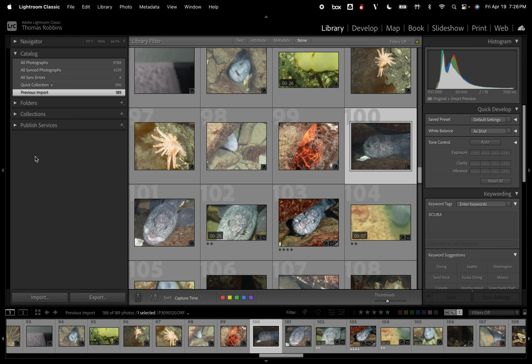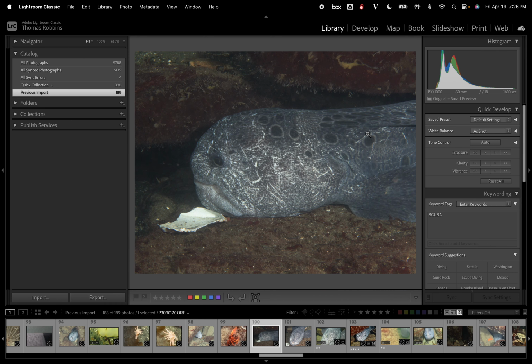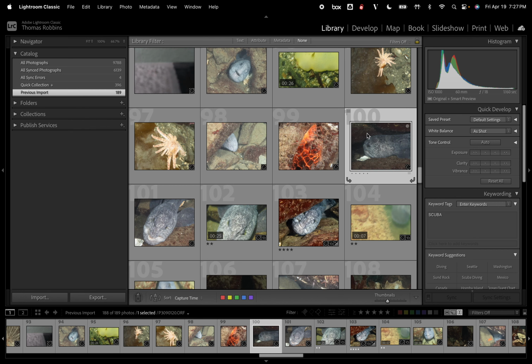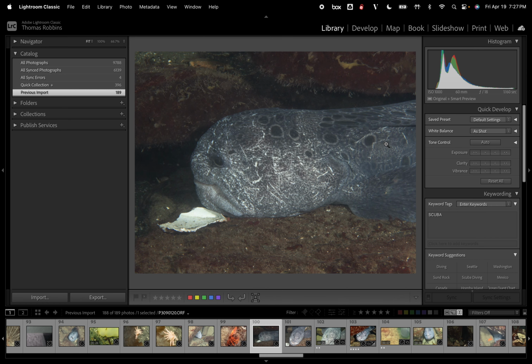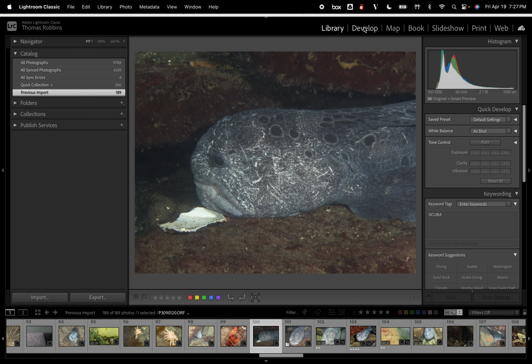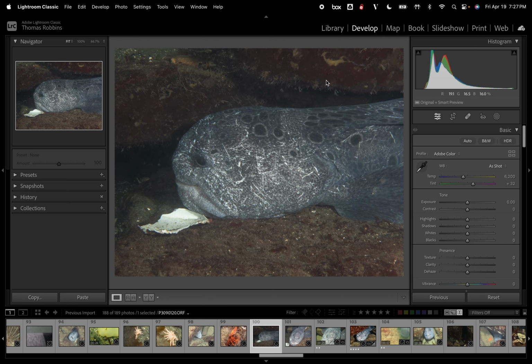From here, we can go ahead and do two things. If I double click on this, it'll bring me into the full screen, and you can see I'm still in library. The grid view, or if I hit G, is going to bring me back to that grid view picture that's there. For now, I'm going to go ahead and double click on it. It's not a bad picture. I can do some quick develop settings over here, but I really want to go into the develop module